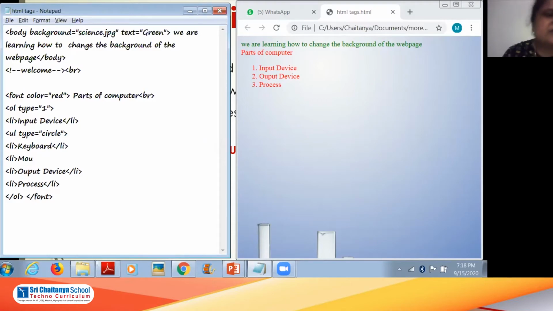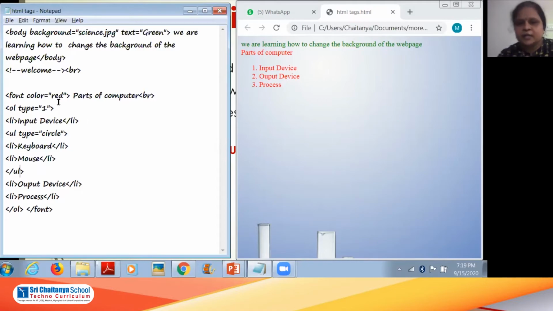So I will write mouse below this, and close LI. Now I want to close unordered list because I have finished. I want to display only these two as the devices. So I just closed it, just save it.